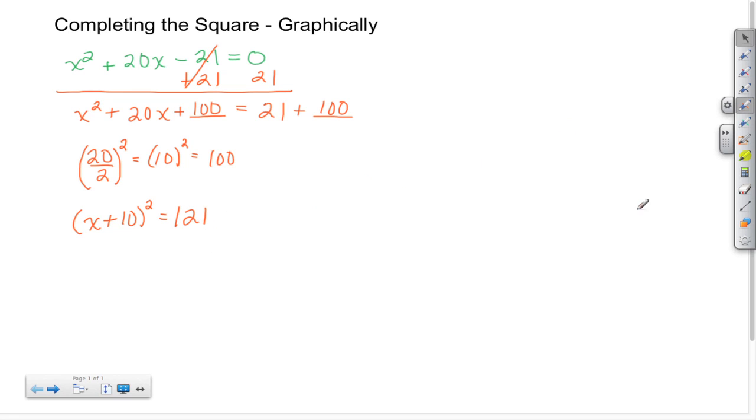Now let's look at this graphically here on the other side. We're going to begin by using some squares here, because we're going to do this using an area model. So I'm going to draw a square here, and my focus, well, it looks like a rectangle, but that'll still work. My focus here is on the x squared term. If I'm doing an area model, that would mean that the length is x and the width is x, which gives me an area of x squared. I'm going to go back to my square tool, and now I'm going to draw another rectangle on this end, and a rectangle on this end here.